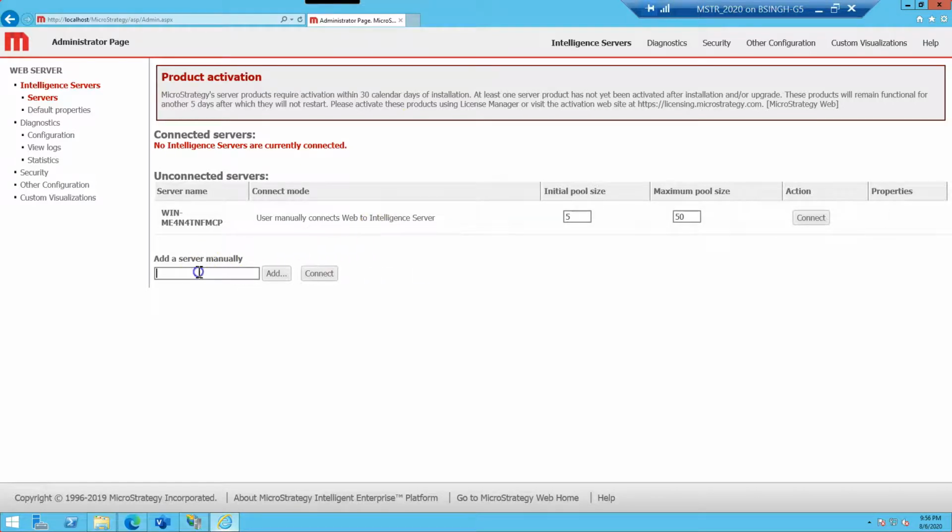So make sure you have added it. Let's suppose you have configured your MicroStrategy into a cluster, so you can just type, say, a test server name, go here and click on the add button. It will add another server as well if you have multiple servers. So you can add multiple servers to your web page.